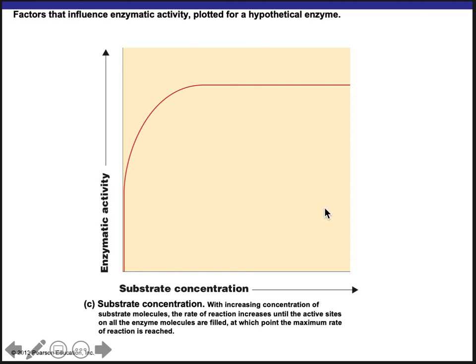No matter how much more substrate you add, it's not changing. And so this point right here where it becomes the same enzymatic rate is called the saturation point. It means that all of the enzymes are bound with substrate, so adding more substrate is not going